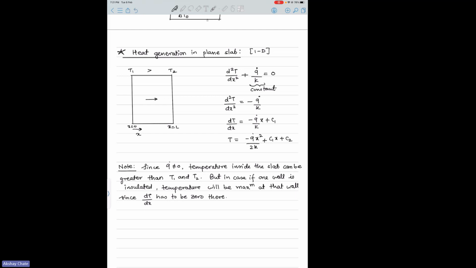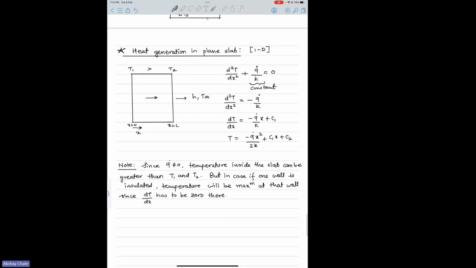There are a lot of variations here. Due to constraint of time, we cannot take more, but I assume you get my hint: it depends on how you phrase the problem, but there can be different things here. And one more thing, if there is heat transfer to the ambient, with some h and T infinity, then whatever heat is generated in the slab will go to the ambient. So by that logic, if you write the energy balance,